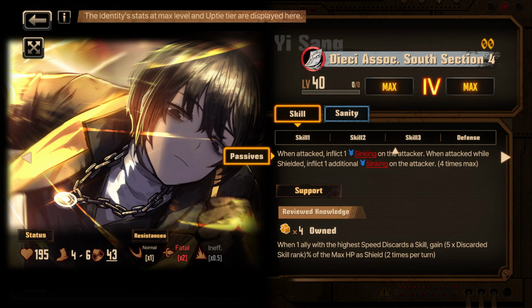Costs 4 sloth. When one ally with the highest speed discards a skill, gain 5 times discarded skill rank percent of max HP as shield, 2 times per turn. This is a pretty interesting support passive. Obviously, it's only usable on characters that can discard, so the Dieci Association and the Molar Office, but it's always going to give you a pretty